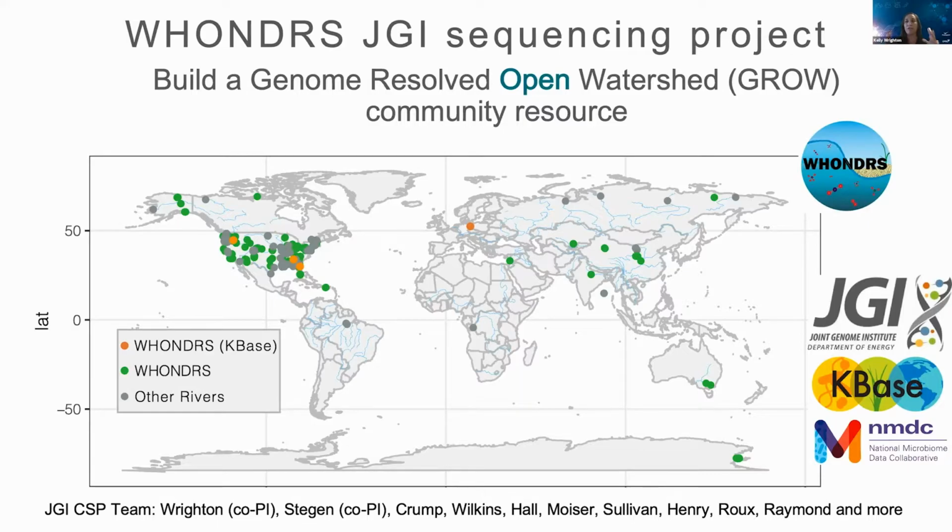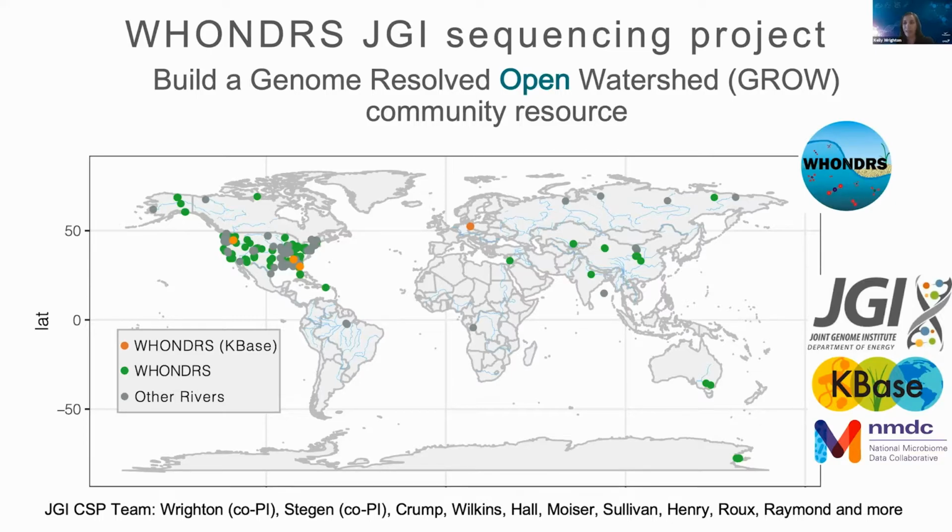And so you can imagine that we could have this encyclopedia of microorganisms that live in planktonic or water sediments and all the reactions they can catalyze. And we believe that this kind of ecosystem approach, but community-focused approach, is what we really need to start transforming metagenomics into the future and really enable the modeling and all the other things that you're going to be hearing about this week. And so this is our proposed sequencing plan in collaboration with JGI,